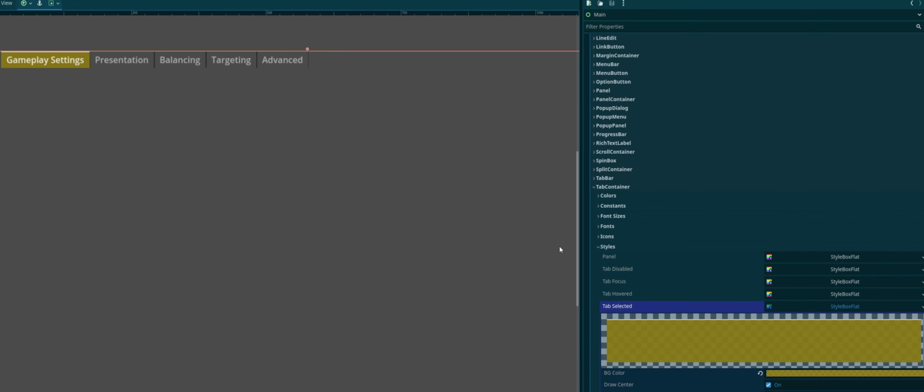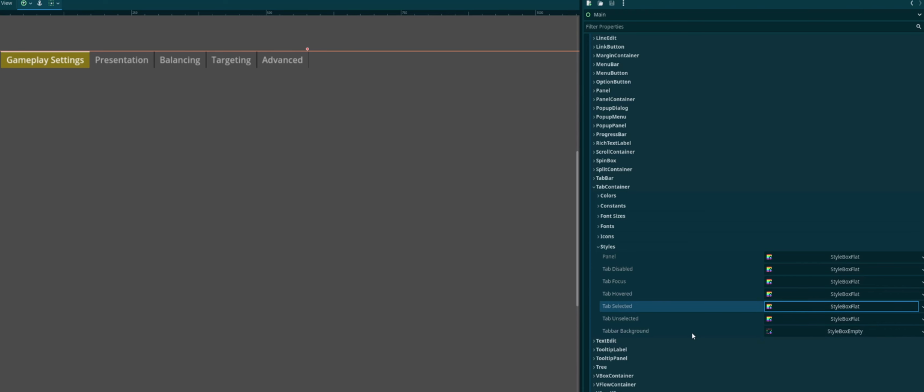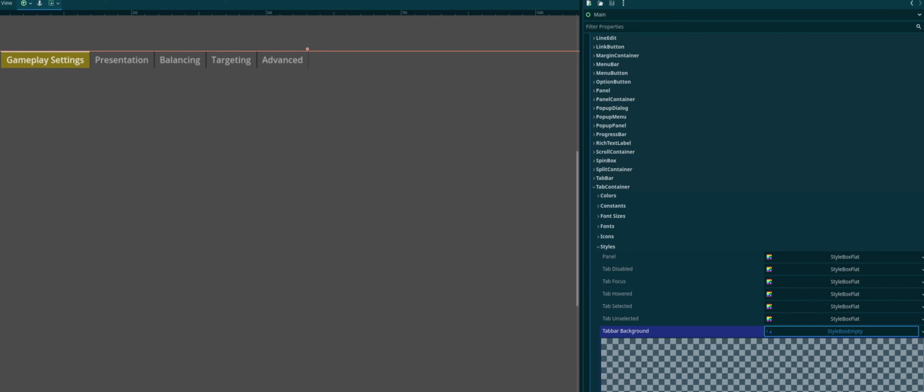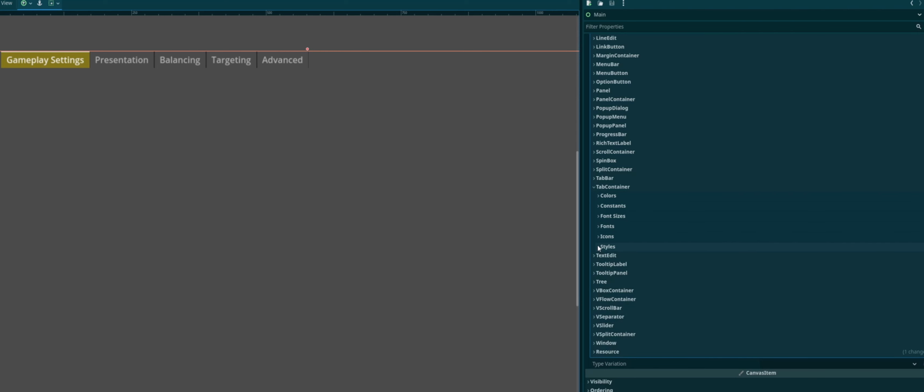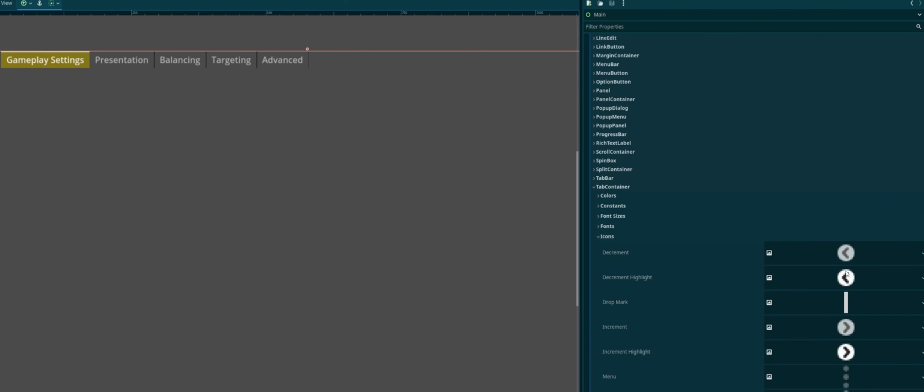So we can completely customize the way these look, and you might see these lines in between, and maybe you don't like those. Well, that should be the tab bar background, I would assume, but cannot confirm with that. But I would assume that it's in there, or it's going to be one of these options that we have, which you can then go in and you can take a look at